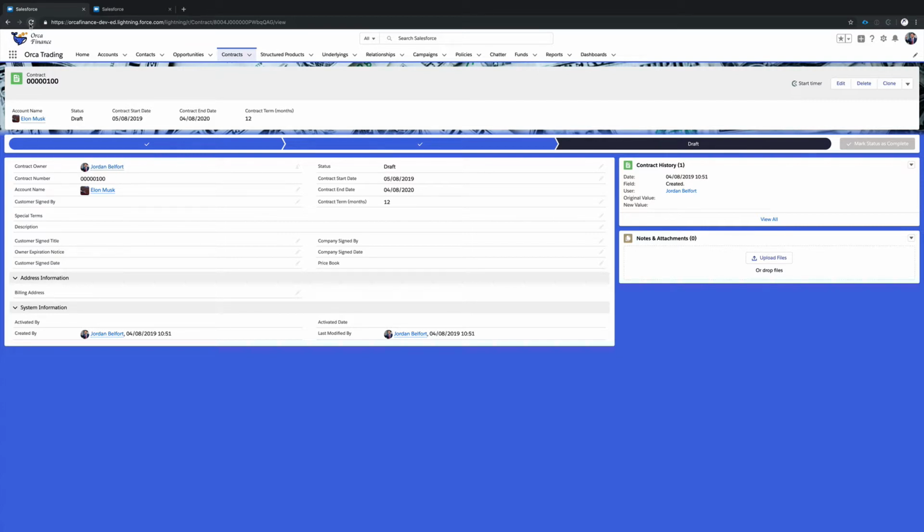So in here now, what I've got is the address information, first of all, is split into a different subsection, as is the system information. So now I can clearly distinguish between that and the record detail up the top. If I go to edit,